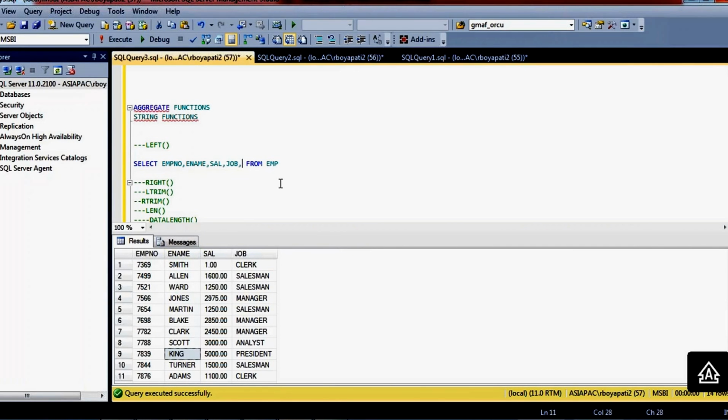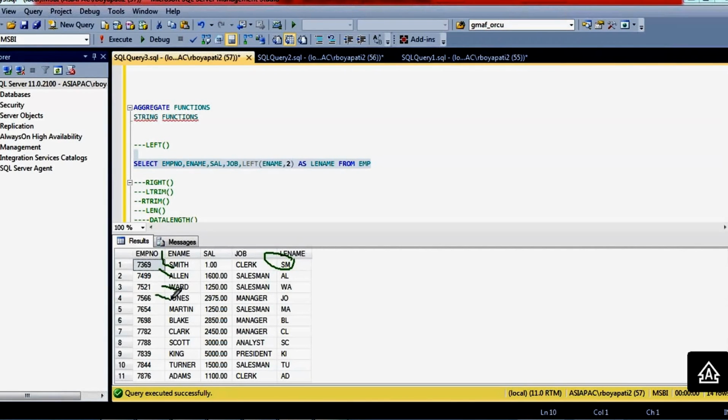So in this way, the 2 characters from the left side. What is the function you have to use? Left of. On which column are we going to apply this? Employee name column. How many characters are you expecting? 2 characters. So alias name, L employee name. You can give any name, no problem. See, it is taking two characters from the left side. It will start the counting from the left side: SM, AL, WA, JO, MA, BL, CL, CL, BL, MA, all we are getting.